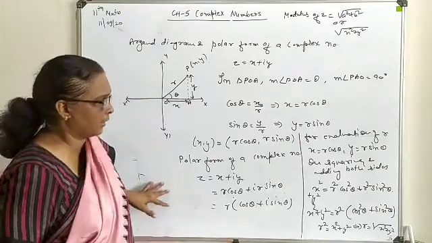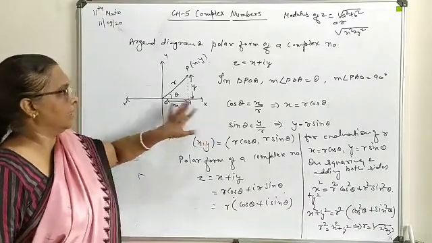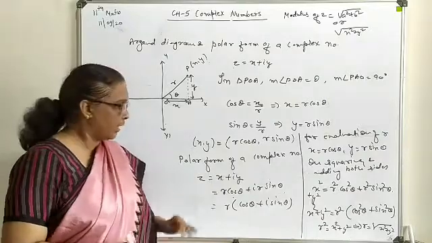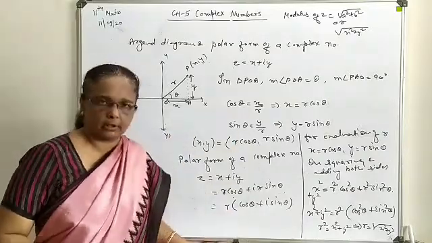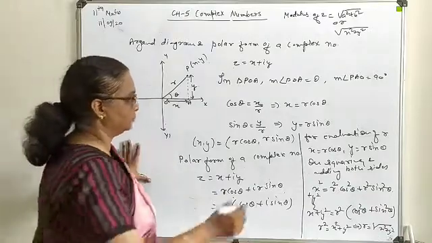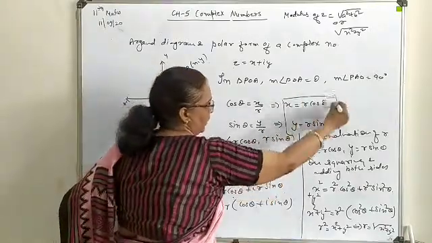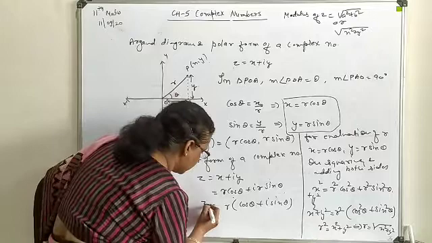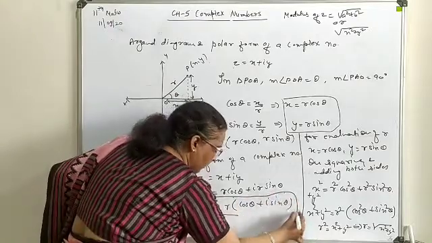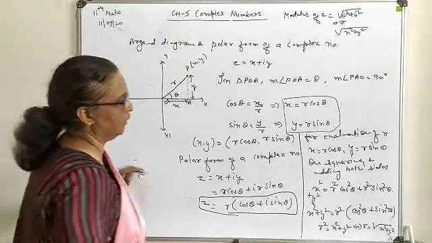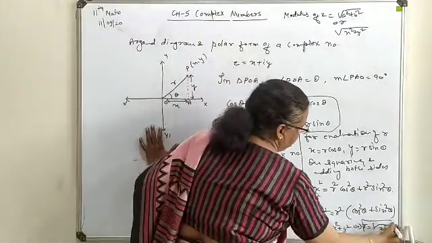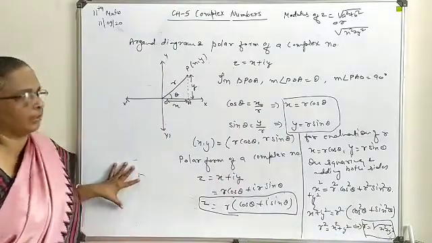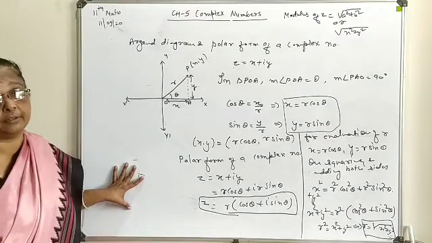So here two things are clear. First thing is theta, meaning the argument, and the modulus of a complex number. So in this whole discussion, what are the important things? First thing is x and y in terms of r and theta. Secondly, this is the polar form for a complex number. And the third thing is the evaluation of the modulus in terms of r. So these three things are important here from a theoretical point of view.